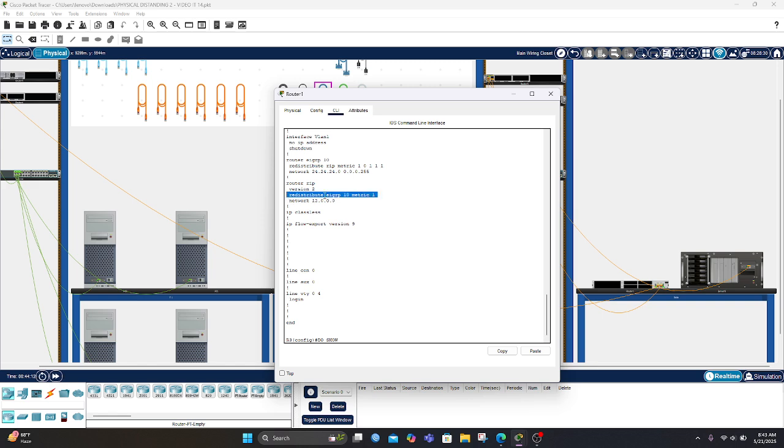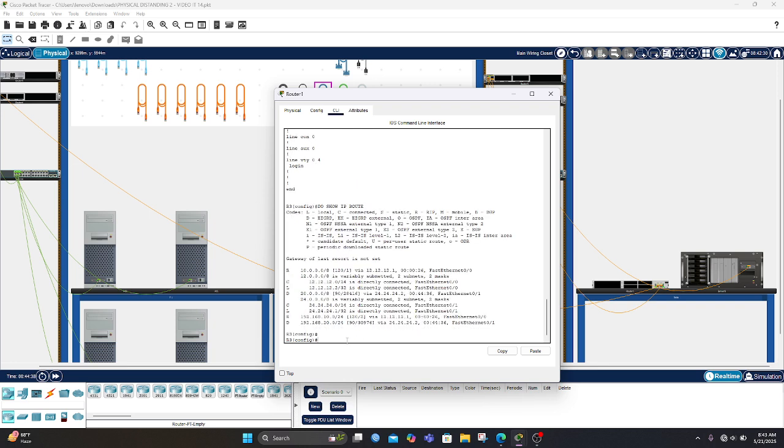Here the redistribute from router RIP is redistribute AGRP 10 metric 1. From router AGRP 10 is redistribute RIP metric 1 1 1 1 until 5. Okay, I will show the show IP route. In here D means AGRP.